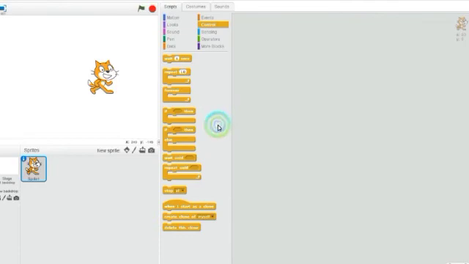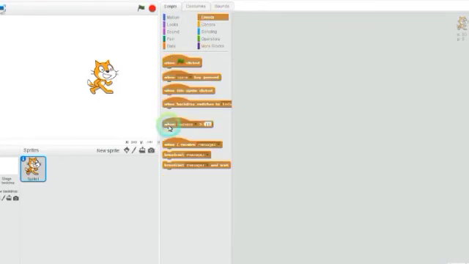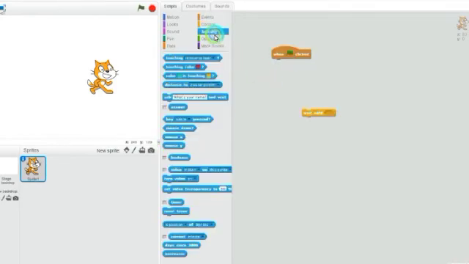Now next one is wait until. Whatever the instruction we write in this block, it will run until it is true. It will run my instructions until it is true. Now I am preparing this code. When green flag clicked, now I am using wait until. Now from the sensing blocks, I am using key space pressed, which means whenever I press my space bar key. I can select any key, control key, alt key, any key can be selected by me here.